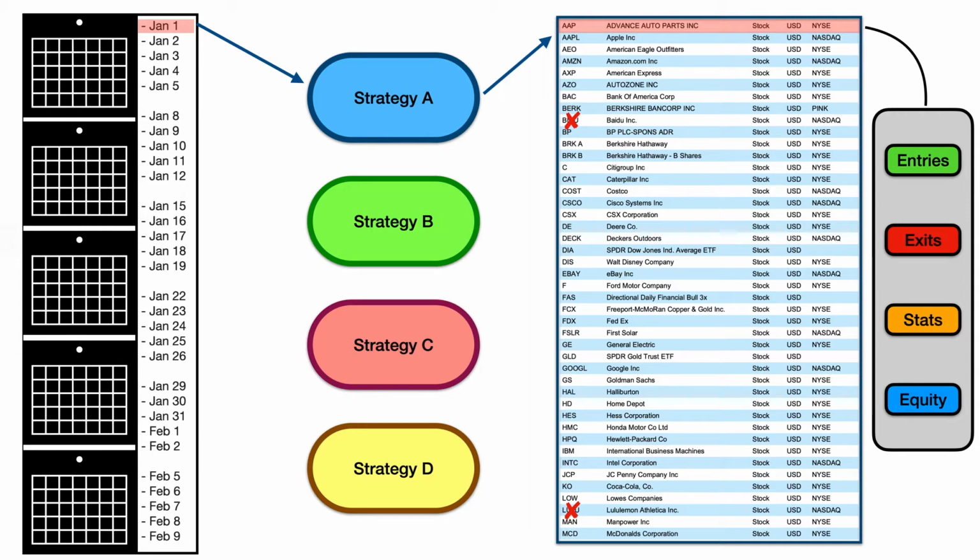Of course, for exits, it doesn't need to go through the whole list of stocks. It can just use a list of the positions that it currently has, and then that's much shorter and much quicker. Once it's gone through all the individual stocks for strategy A on January the 1st, it then moves to strategy B and says, have we got any entries or exits for the first stock, and it makes a note of